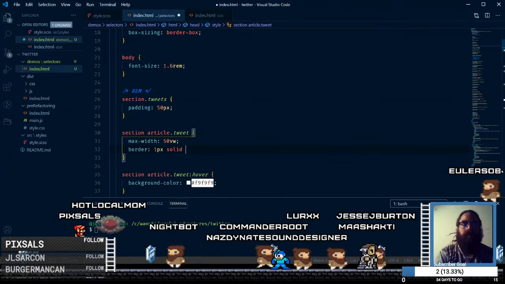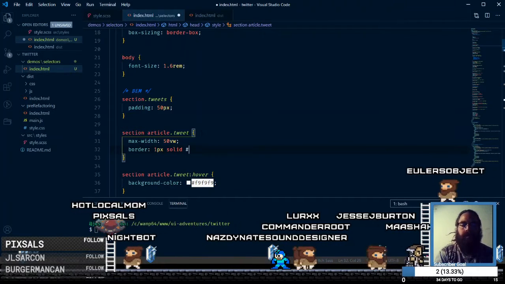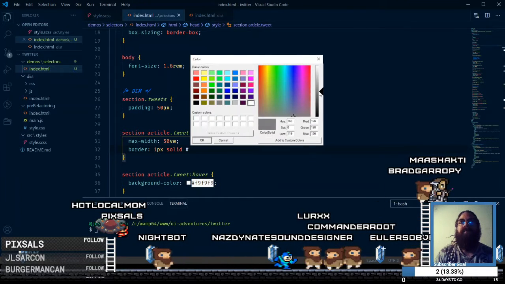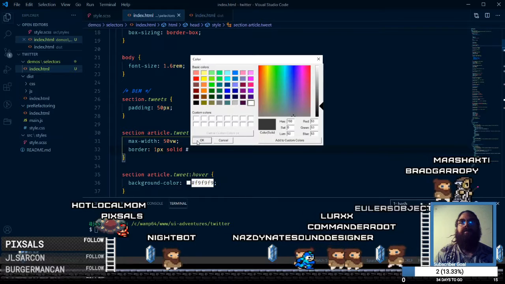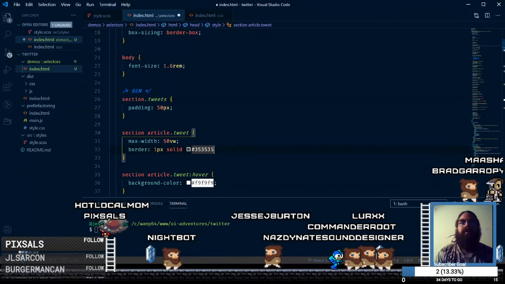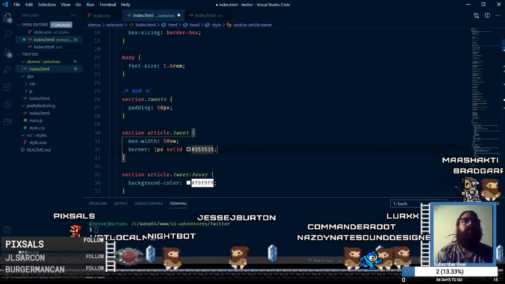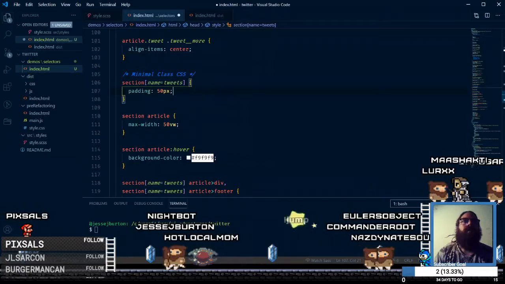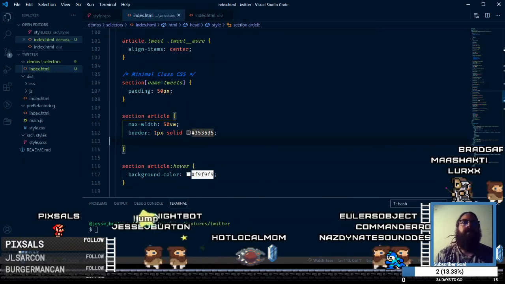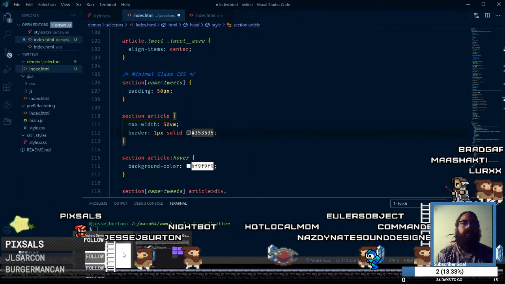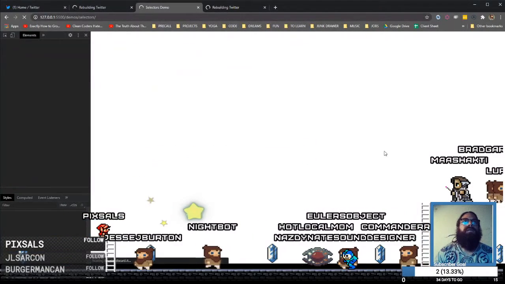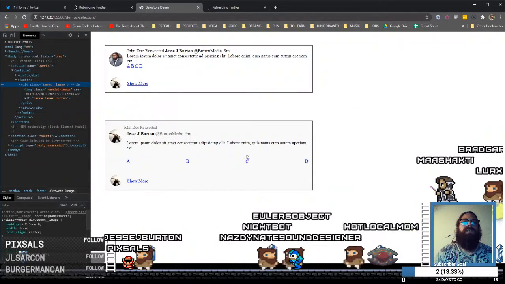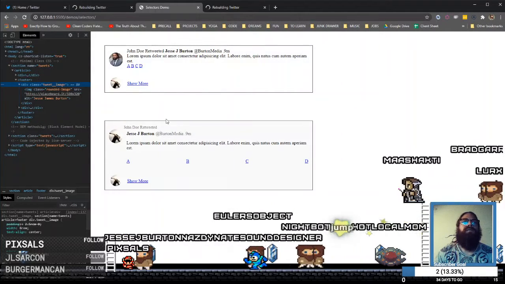Border 1 pixel solid. Let's do something like that. And that's the BEM, and then we've got our minimal class. We'll do the same thing, just so we can see. And we got tons of space in there which we could fix, but